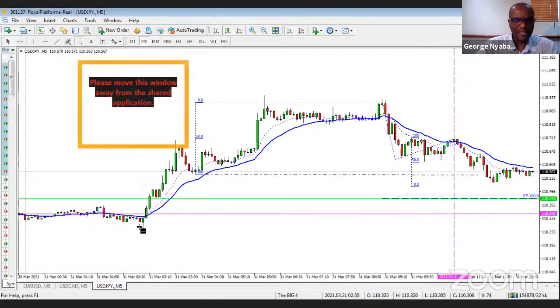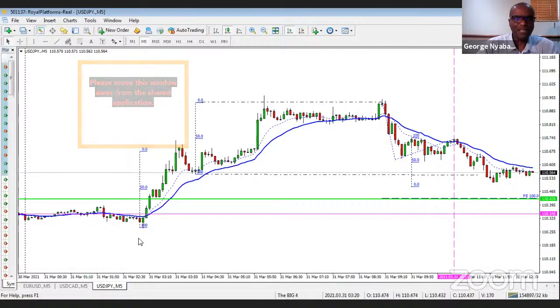So if you had done that, you'd have been able to get a one-to-one return. The entry is there. Okay, and if you put your stop down here, there's one-to-one. If you wanted to put a tighter stop, just find the low of where the breakout candles begin. You could put it there. But there is the safest place to put your trade. You could have got a one-to-one trade, which would have been fantastic for you.